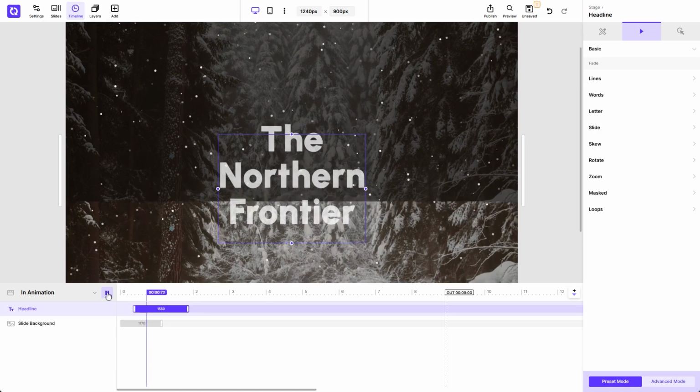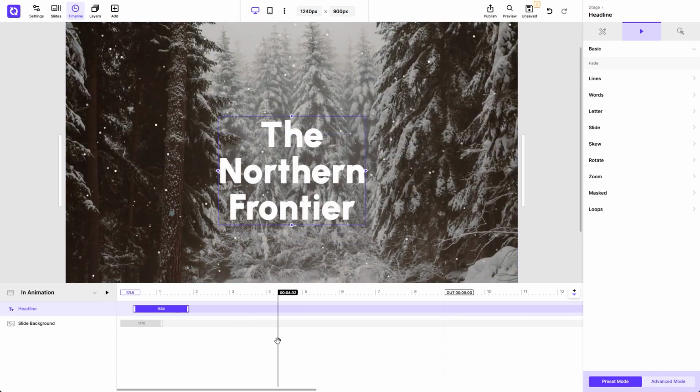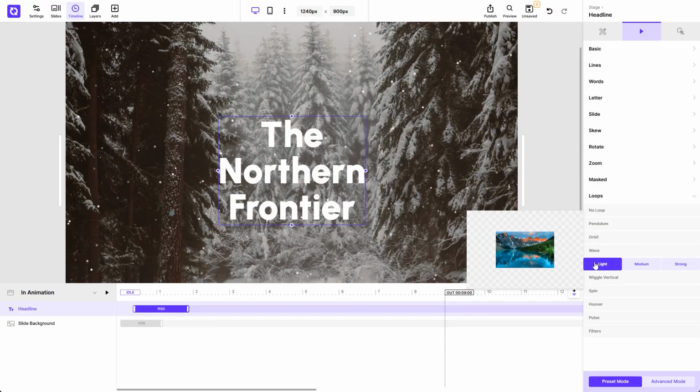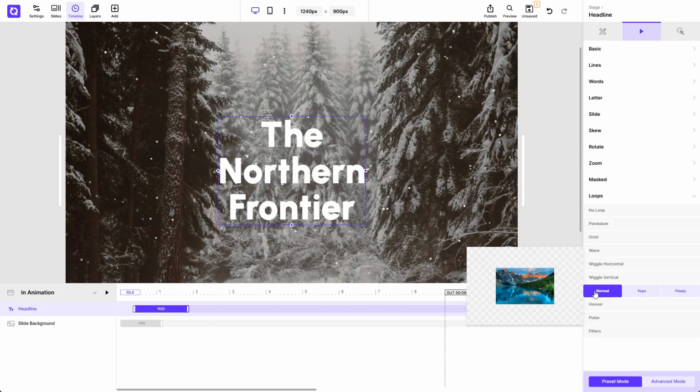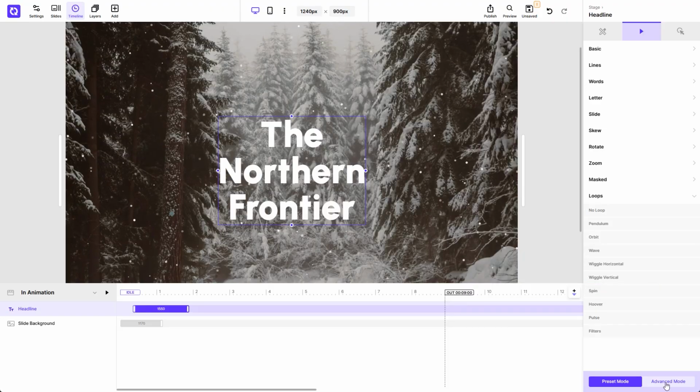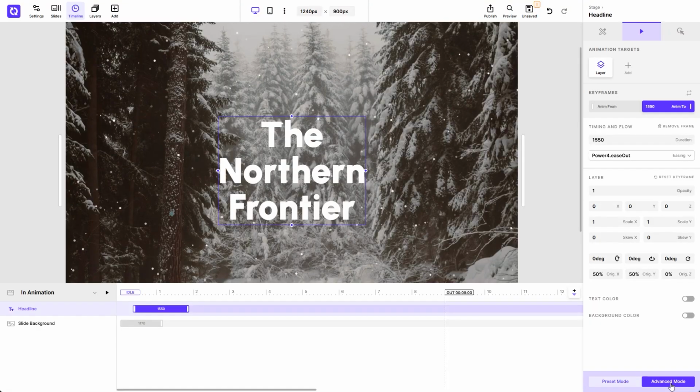In addition to standard animation presets, layers also support loop presets. Loops are added on top of existing animations and continuously cycle between two keyframes. Switching to Advanced mode at the bottom of the Animation mode sidebar gives you full control over layer and background